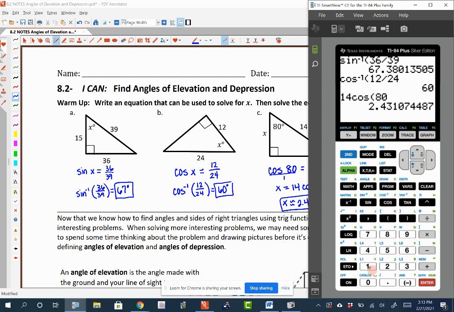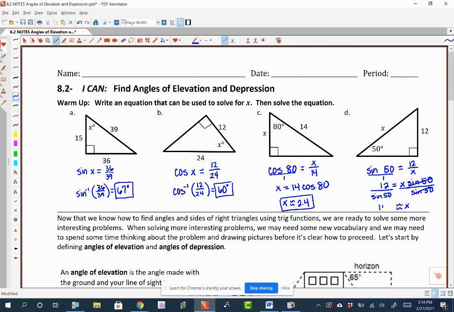Into my calculator, I'd like to do 12 divided by the sine of 50 degrees. So my side would be about 15.7. I'll make sure I round that up. It would be about 15.7. So today we're going to keep using these trig ratios to help us solve, but we're going to be